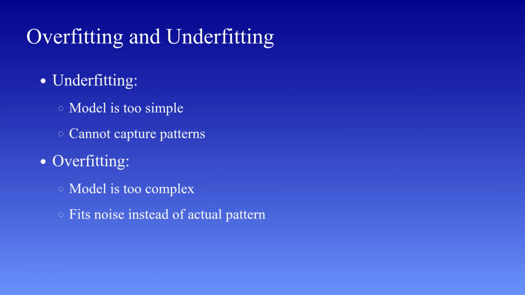Now let's move to overfitting. Overfitting occurs when the model becomes too complex and starts memorizing the training data instead of learning the actual pattern. It fits the training data very well, sometimes even perfectly, but performs poorly on new data. For example, if we try to fit a very complex curve that passes through every data point, the model may capture noise and random fluctuations instead of the true relationship. In this case, training error is very low. Testing error is high. The model does not generalize well.